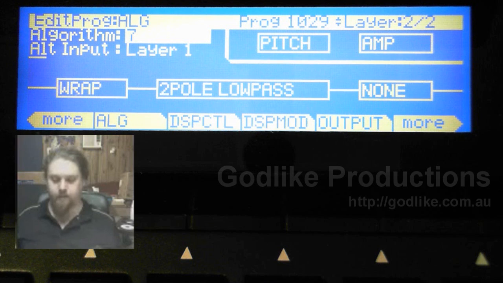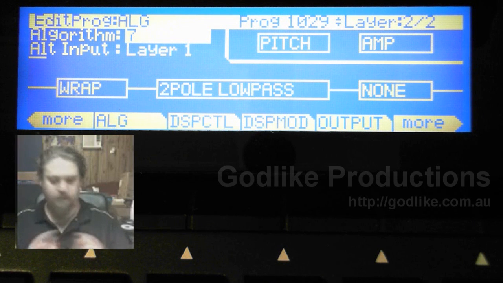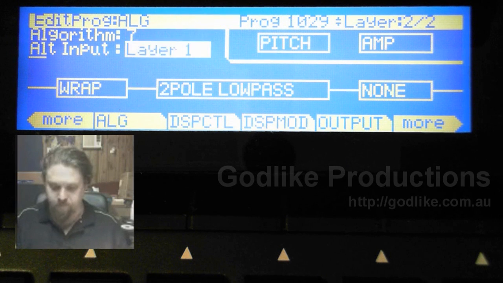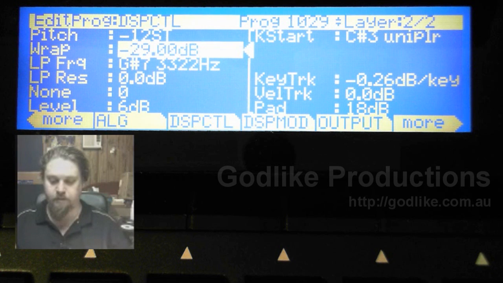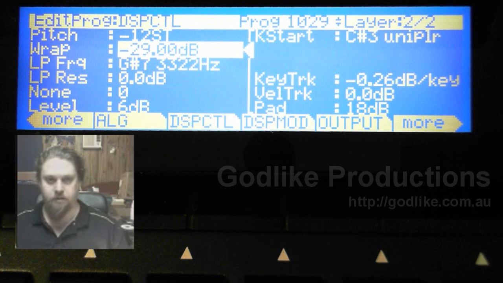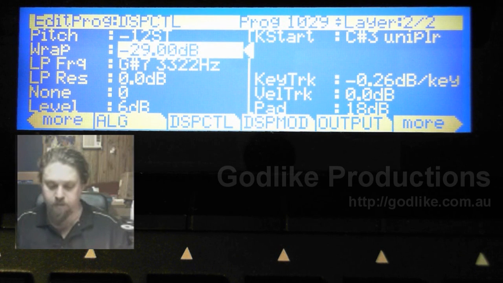Okay, and all this low pass filter does is it just takes some of the really high frequency stuff from the noise away from it. Okay, so let's have a look and see how I've programmed wrap in this instance. You'll see, first thing, I've pulled the pitch down for this layer, so let's just solo this layer. So this is just this layer soloed, and you'll see that the wrap amount that I've got here is -29, so it's only just above that -30. So if I pull this down to -30, and I play it again,